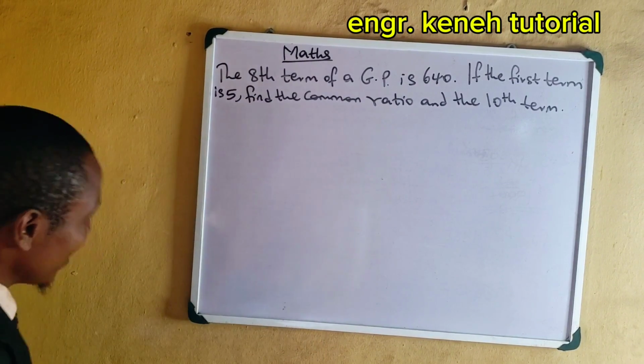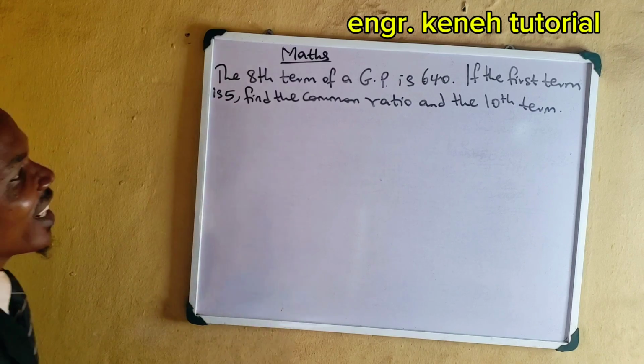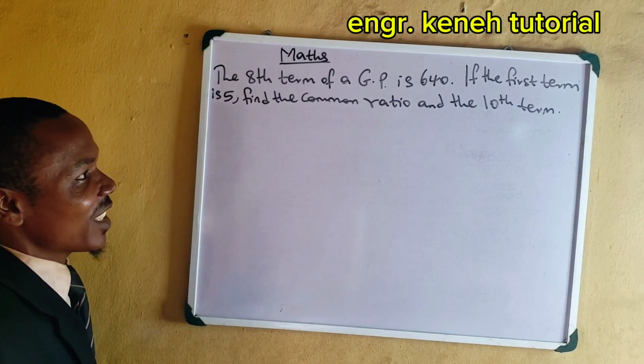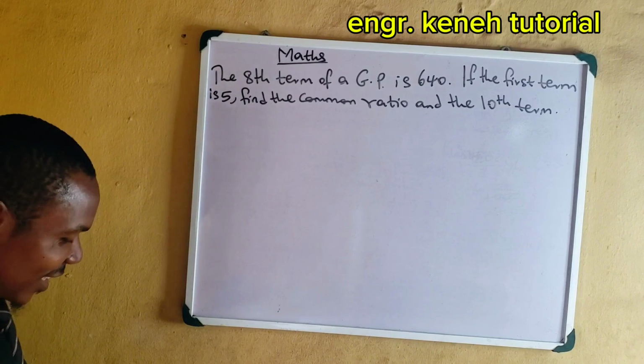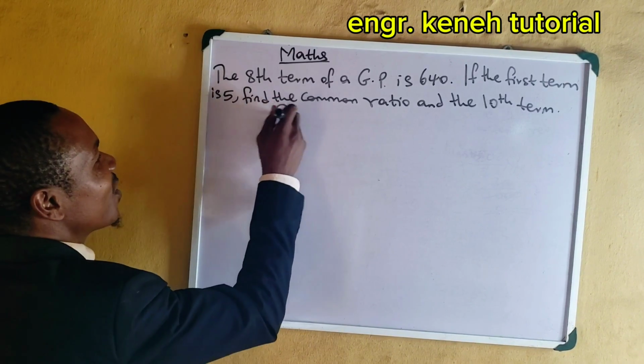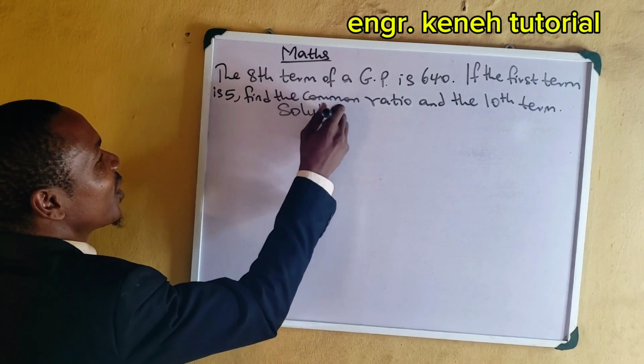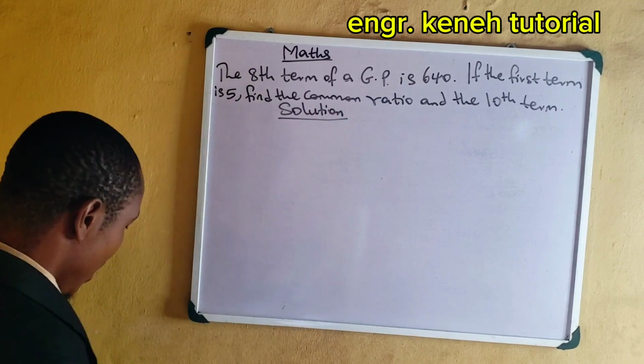All right, we have: the eighth term of a GP is 640. If the first term is 5, find the common ratio and the 10th term. All right, we have the solution like this. Solution. Can you see it? All right, so